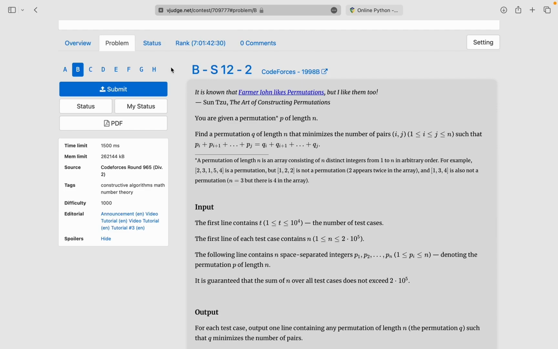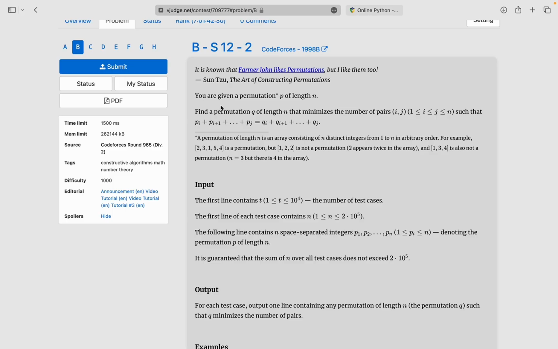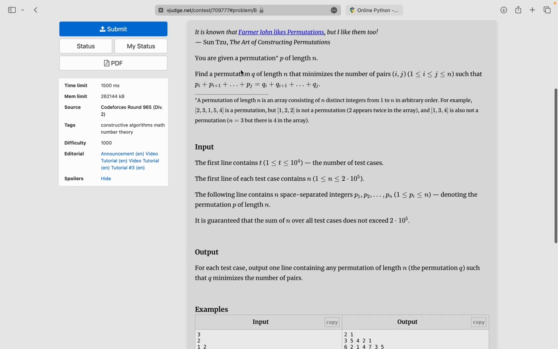Today I will be going over question B in homework 12. Question B in homework 12 reads, you are given a permutation P of length n. Find a permutation Q of length n that minimizes the number of pairs